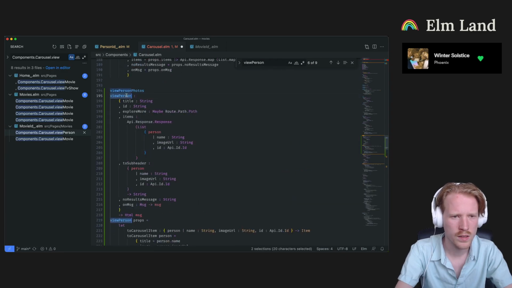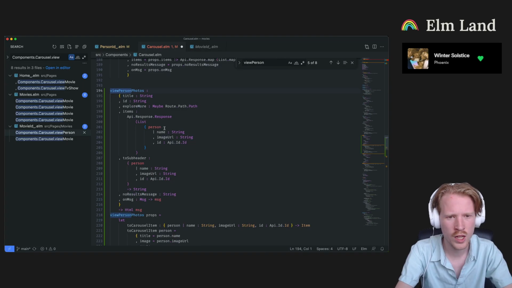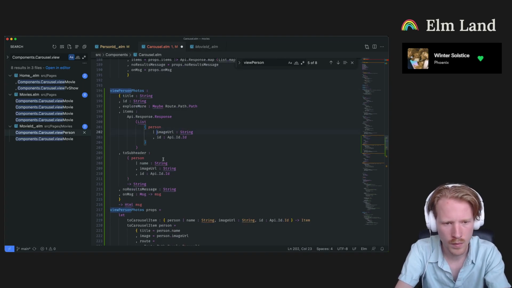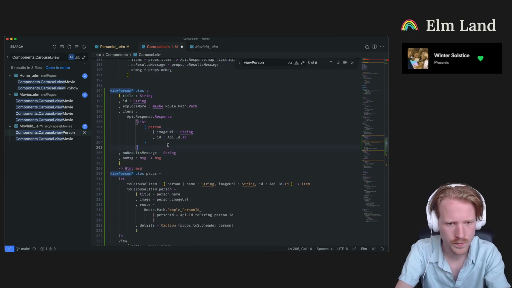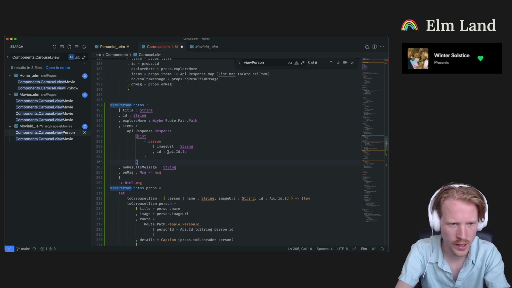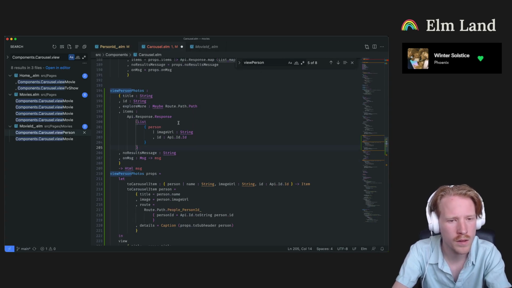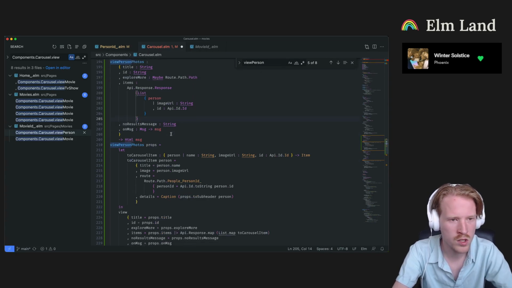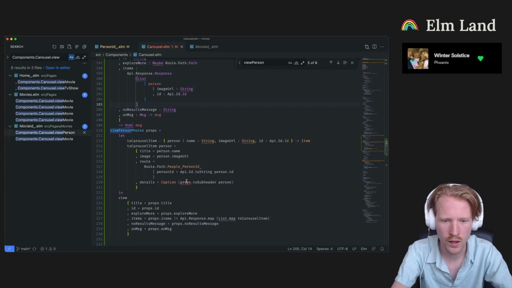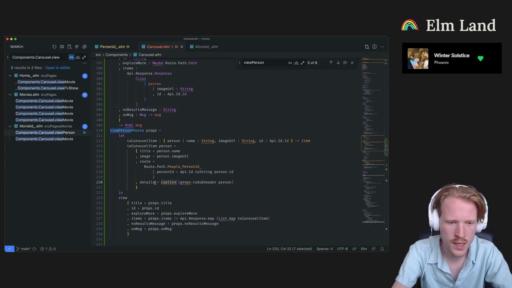And then my goal is to change this API here. We don't care about the name, and we don't have a subheader. So now it's a little bit simplified. We're not asking as much from the caller. And then, do we have an explore more? There's none. So that maybe's good. So when I save this, we should get errors here. So details,